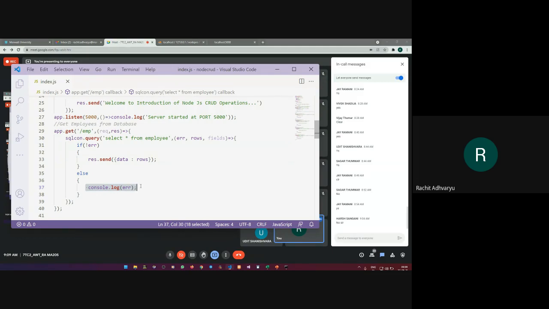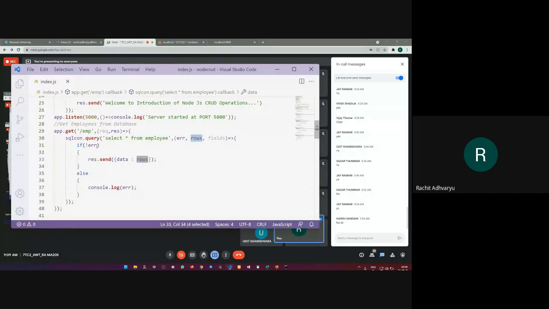So clear with this, guys? The first select operation. I am executing the query. I am passing three parameters, the array of errors or the array of all the data as well as the fields, that is your columns of the table. If there is no error, I am printing using the JSON component called data, and I'm printing all the rows one by one.